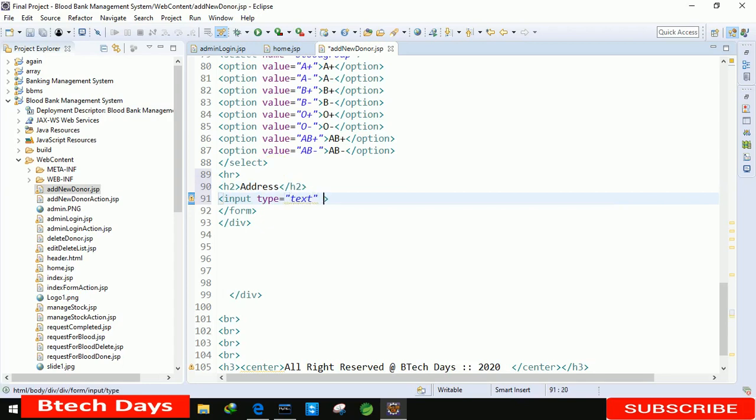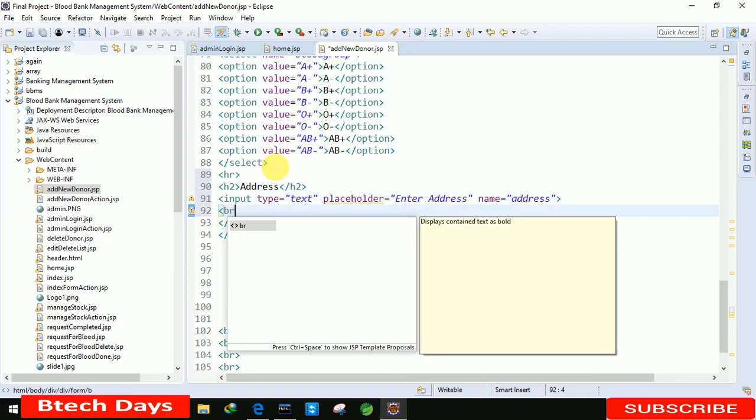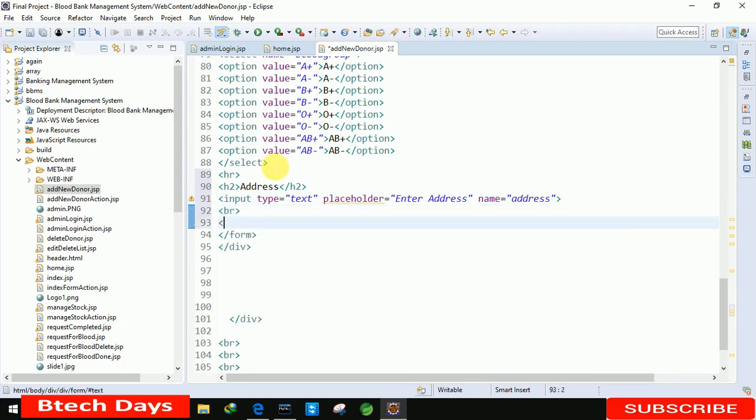Okay, and placeholder equals to enter address. Okay, and the name equals to address.